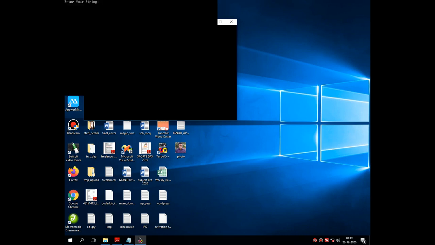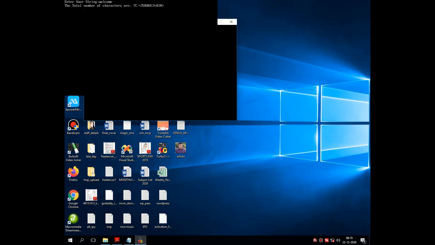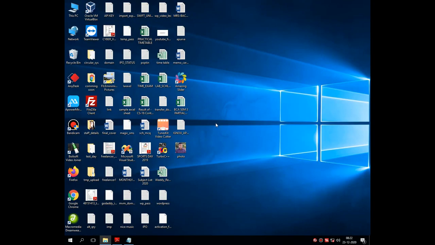Let's cross-check this program by entering some new string which contains 1, 2, 3, 4, 5, 6 and 7 characters. So 7 is there on the screen. This program works properly. Let's see this code in Notepad for better visibility.